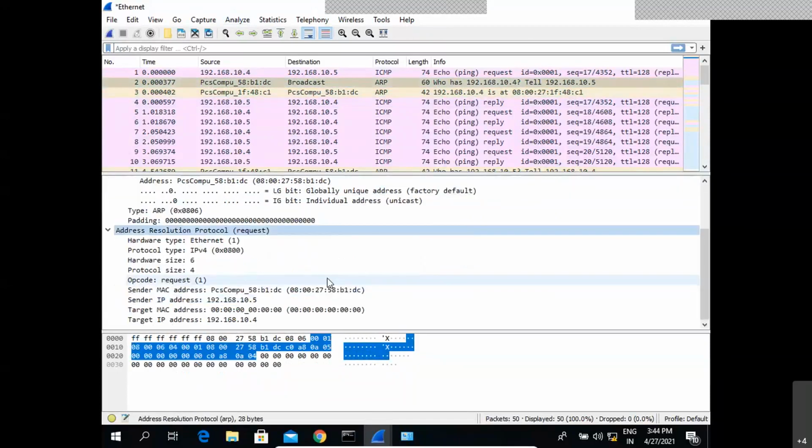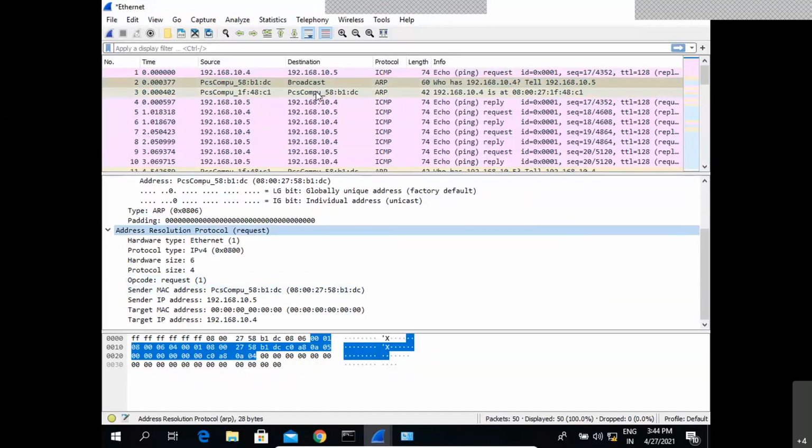Okay, so now we can see the type as ARP, and again you can see the code as 0806. This type belongs to ARP. Now immediately we can see the section or the headers related to the ARP. Now what are the ARP messages? The first one is the request. So we can see this particular ARP, or the Address Resolution Protocol, belongs to the request part.